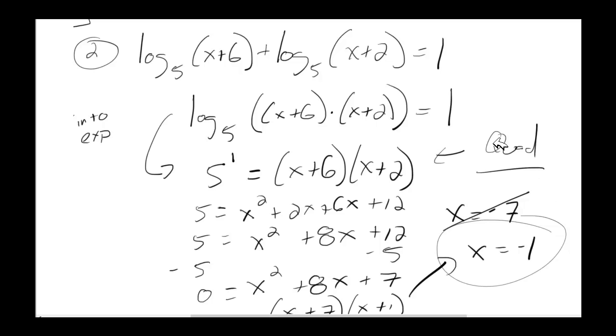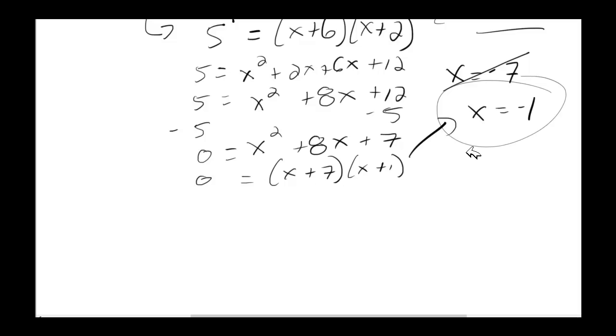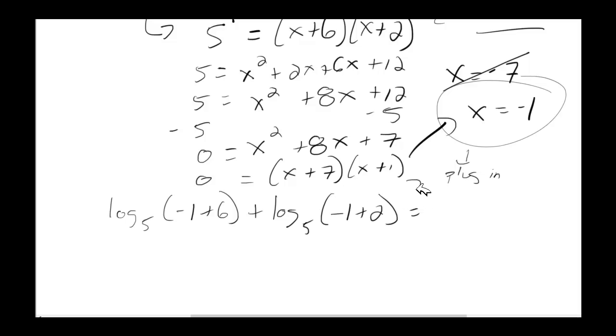But I'm going to go through and do the rigorous check here. So let's check this and see. I'm going to plug this into the original. So we have log base 5 of minus 1 plus 6, plus log base 5 of minus 1 plus 2. And I'm wondering if this is going to equal the number 1. So this is log base 5 of 5, since minus 1 plus 6 is 5, plus log base 5 of 1, since minus 1 plus 2 is 1. I want to do this just so we get some practice